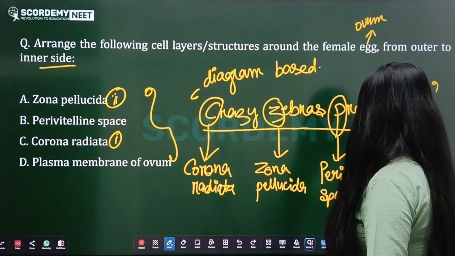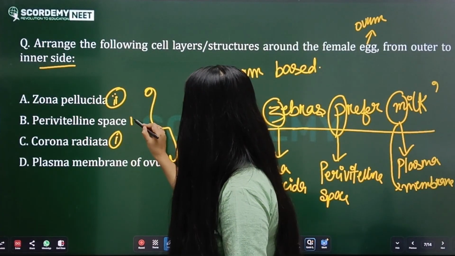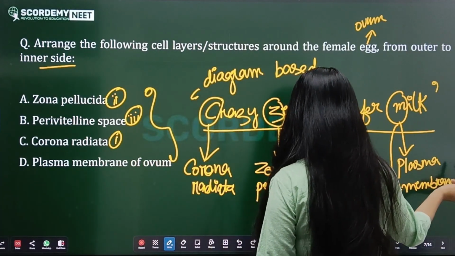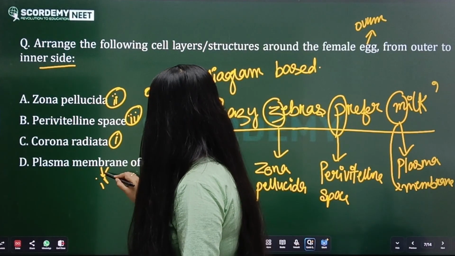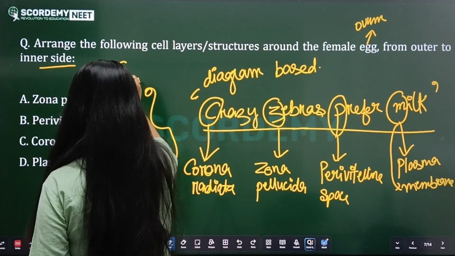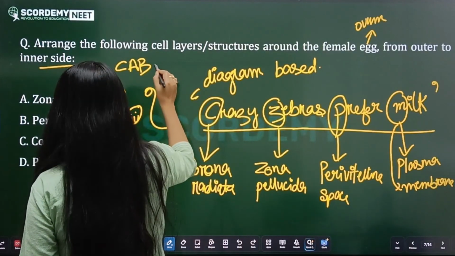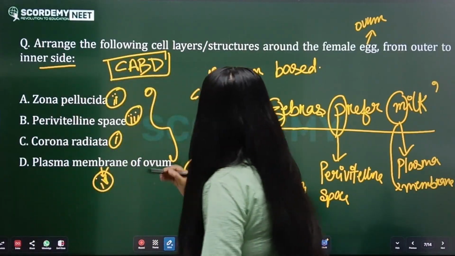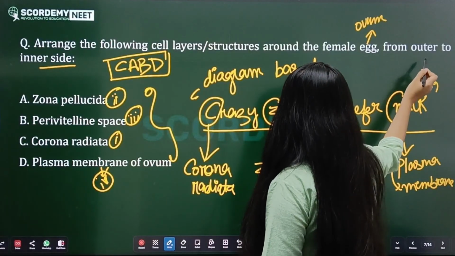Then what is the perivitelline space? Yes, the perivitelline space is third, and here we have the plasma membrane. So this is the sequence: C, A, B, and D. The correct sequence is C, A, B, D, because they're asking here to arrange the following cell layers from outer